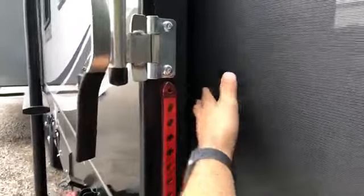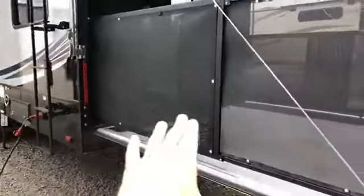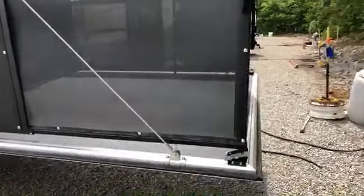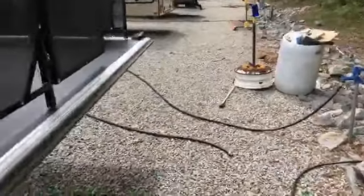Now it goes all the way in and comes all the way out, okay? So we've got it to where you can have pets out here, small children, and they're not gonna be able to fall out of that area there. Sorry for all the shakiness, guys. Kind of hard when you...